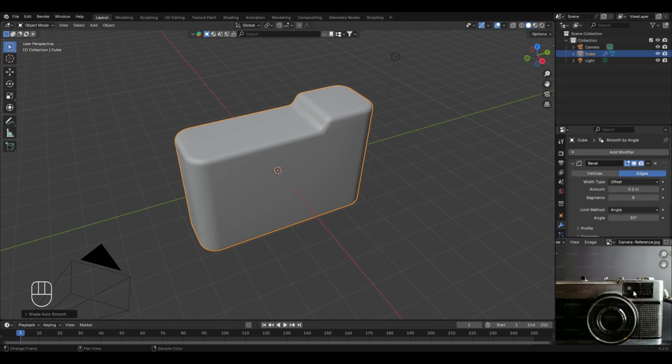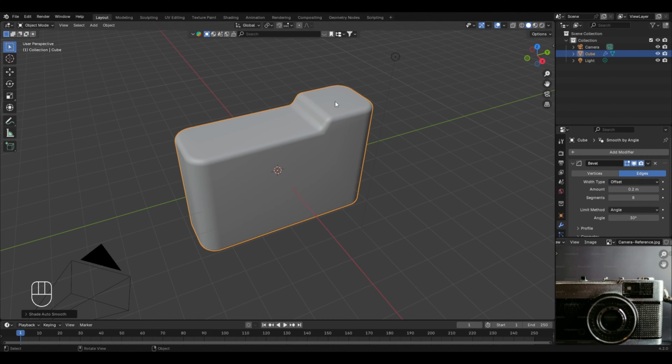We'll not be copying the exact shape or the structure of the camera given in the reference image. Now coming back to the topic of creating the camera control buttons, let's first add a cylinder in our scene. But to ensure that it gets placed on this top surface, we'll first place our 3D cursor at some point on the top surface. So first of all, we'll be creating one of the buttons at this position where we